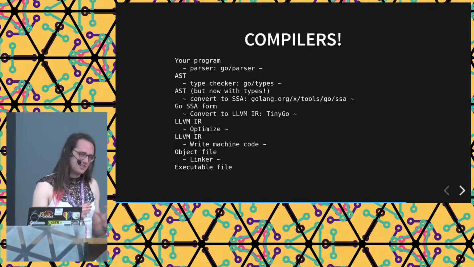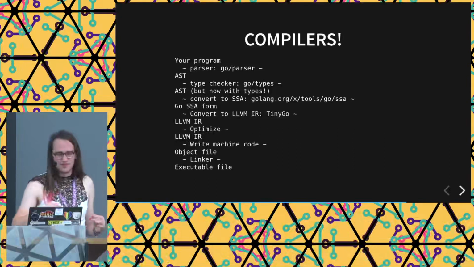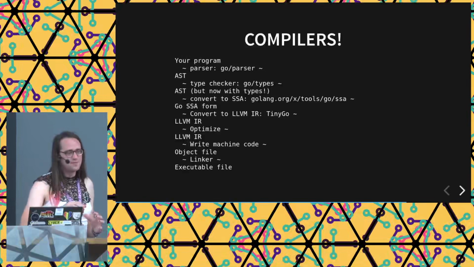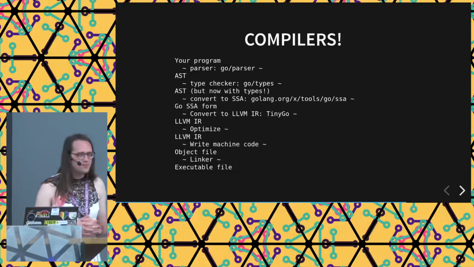What it does is basically a compiler can generate a language-independent intermediate representation, and LLVM will then optimize this language-independent form and generate machine code in the end. So that takes away lots of the hard work of writing a compiler. So basically what TinyGo does is only to convert this Go intermediate form into LLVM intermediate form,